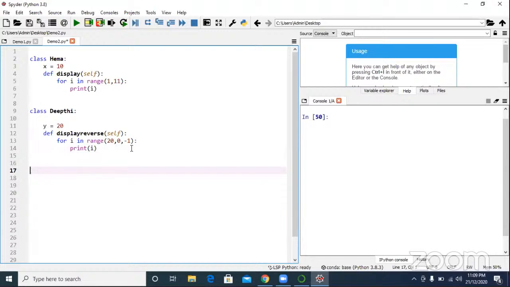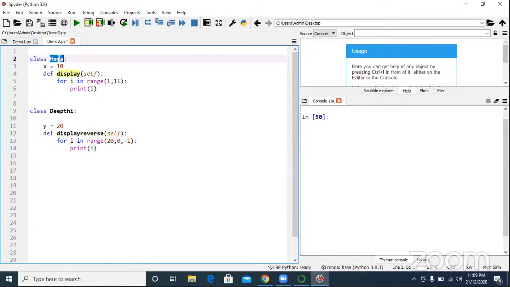Now, I have two classes. Hema having display method, Deepti having display reverse. Now, Deepti is requesting Hema, can you give display method?